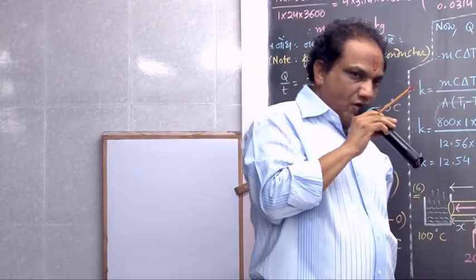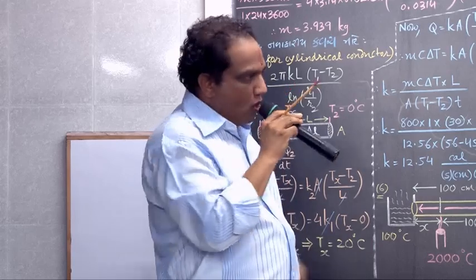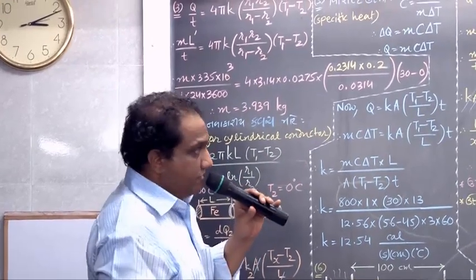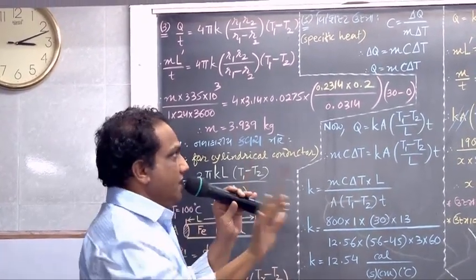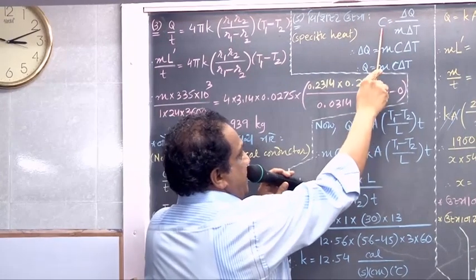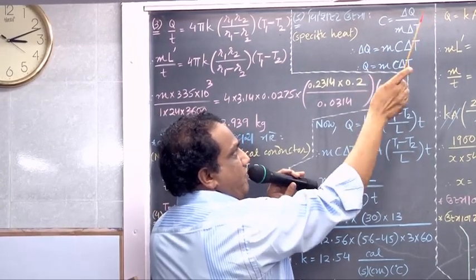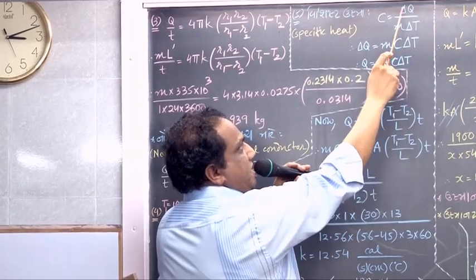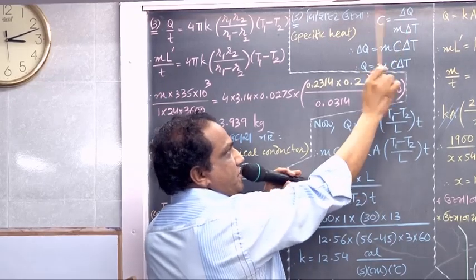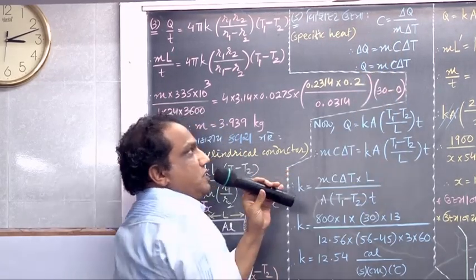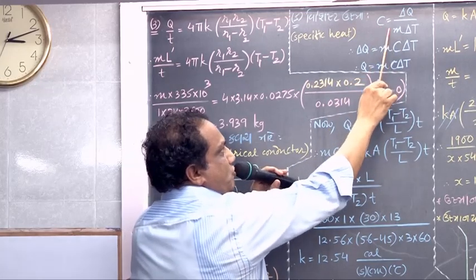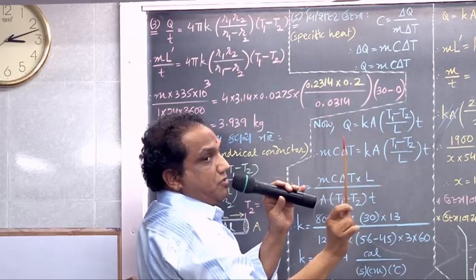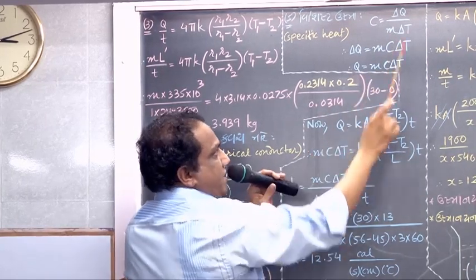You must have read one new word, a new physical quantity called specific heat. First of all, try to understand what is specific heat. Actually, it comes in second semester. Let me introduce you. Specific heat is shown by the symbol capital C. Its formula is delta Q upon m delta T, where m is mass, delta T is increase in temperature, and delta Q is the amount of heat required for this much increase in temperature in this much mass. So to define this specific heat, we should take the denominator as 1 unit. So take mass as 1 gram, suppose, and delta T as 1 degree centigrade.